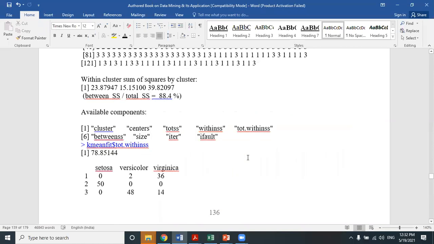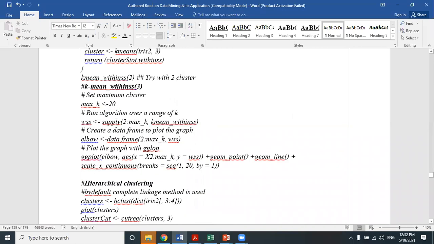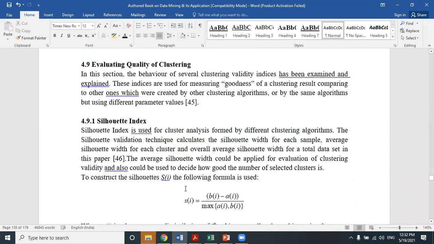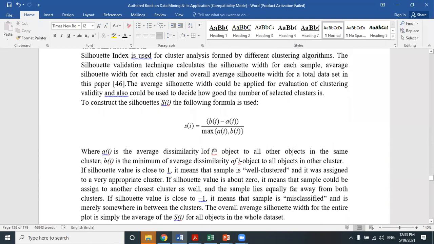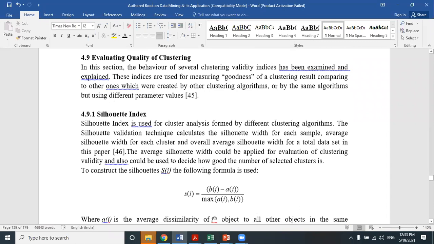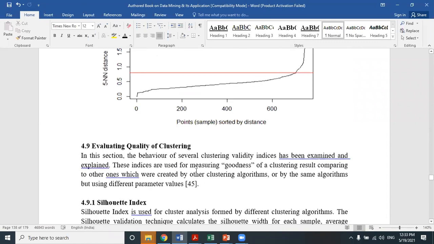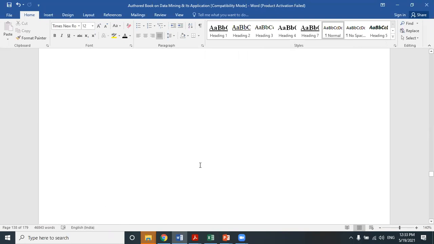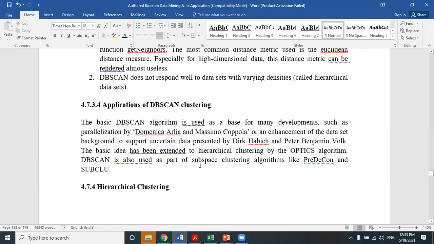In the next class, I will discuss this code, the basics of the code, and some cluster quality measures, cluster validity, how we can check the quality of our clustering results. These are the indices that we use to check the quality of clusters. I will discuss the code regarding those indices. You can directly apply these indices in your code to assess the quality of clusters. So in the next class, I will show you the code and then discuss the indices.